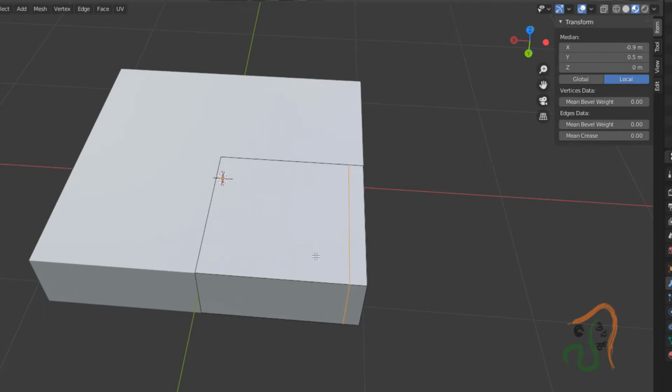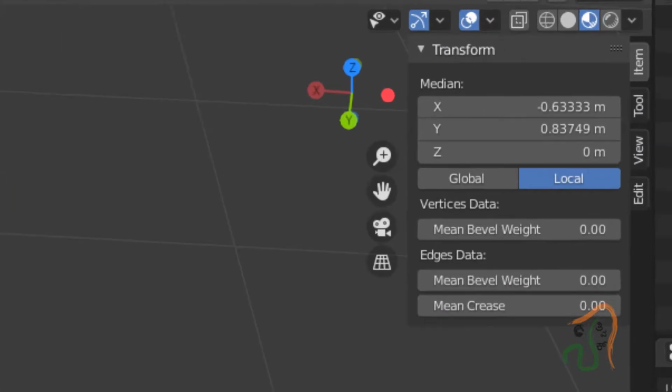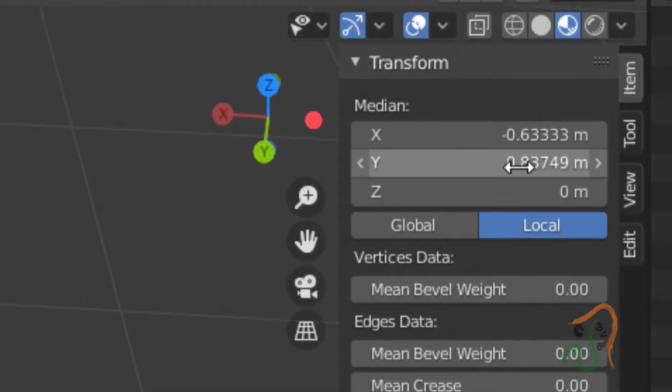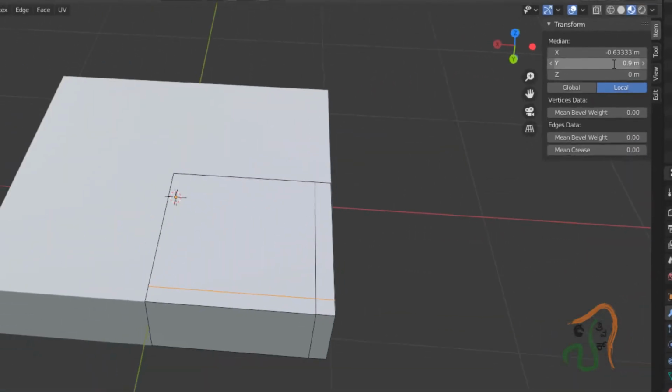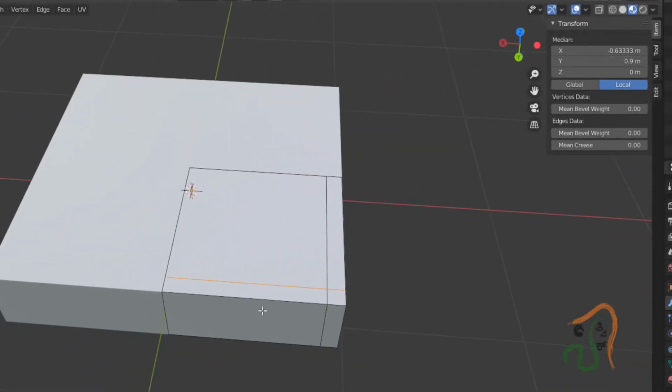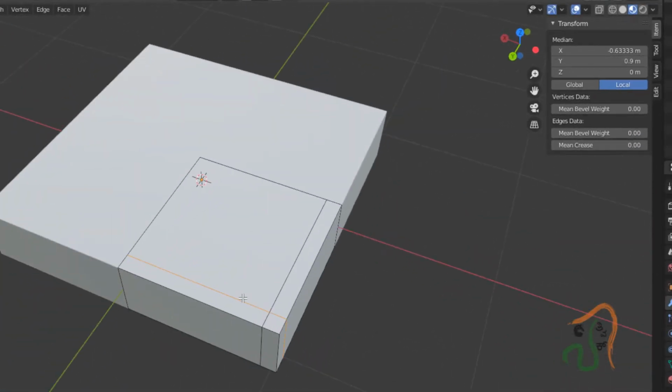So after this, now press Ctrl R again, and this time choose a horizontal edge, and this also we have to move along the Y now to minus 0.9. So let us place somewhere here and come back to transform here and choose 0.9. Okay, so that we have 0.1 unit edge over here.